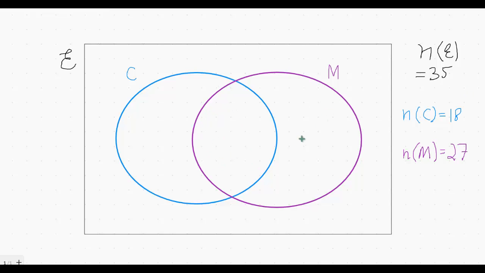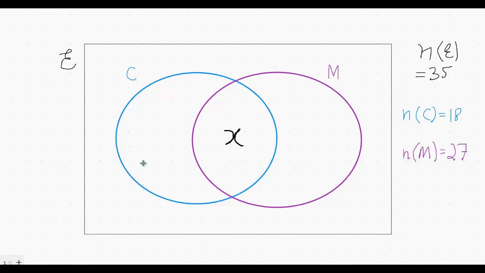So first of all, we have to fill this common region. As how many people have both cars and motorcycles is not given in the question, we call this area X. This is X. And you know that the total number of families in this blue circle are 18. So there are two regions of this blue circle. One is this X and one is this one. So the total number of families are 18 in this blue region, and out of those, X are here, in this area, which is shared with region M, which is common between C and M.